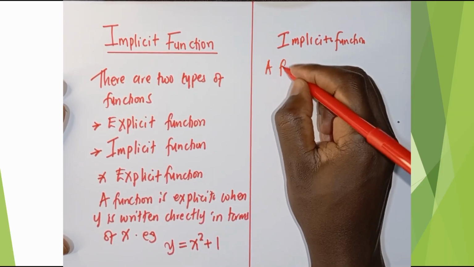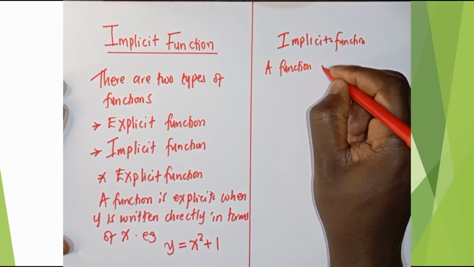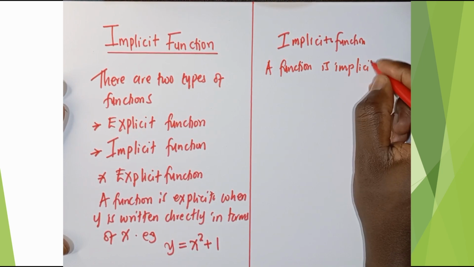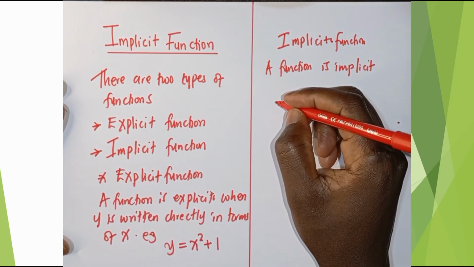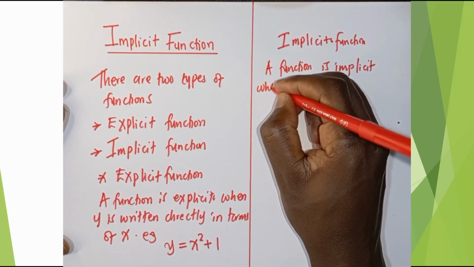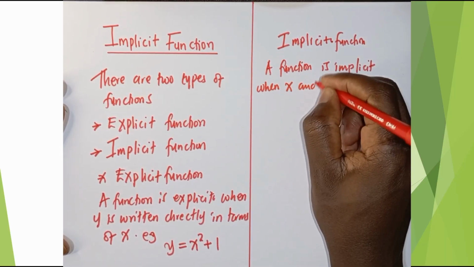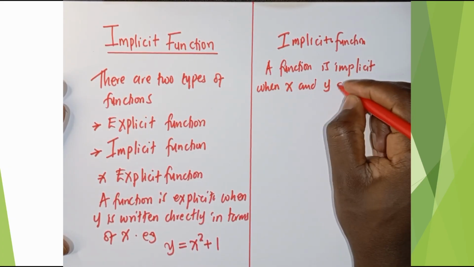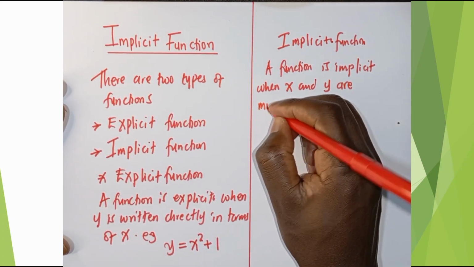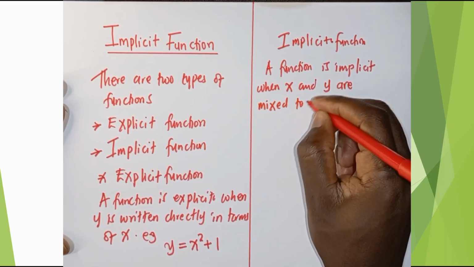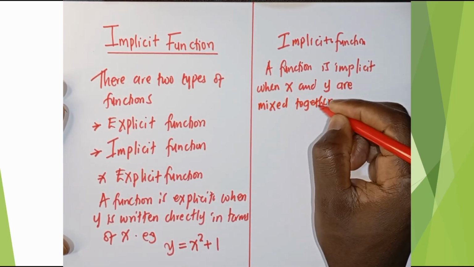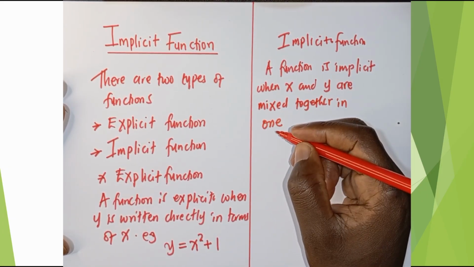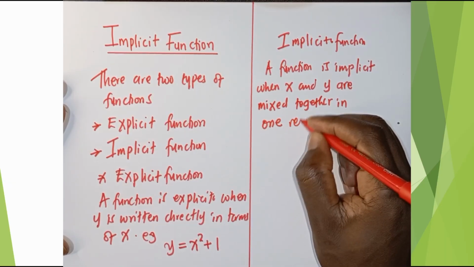So a function is implicit when x and y are mixed together in one relation,